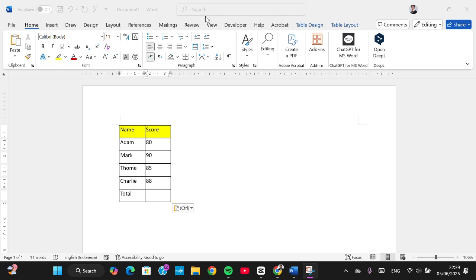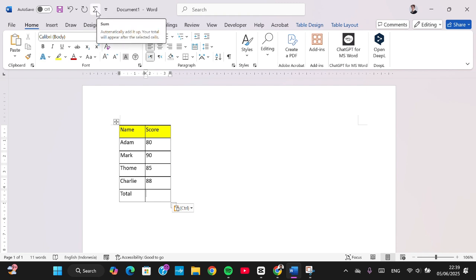Here I have prepared my table in Microsoft Word. And for example, I'm going to calculate the total score. Okay, if you want to calculate automatically, you can activate this sum on your Microsoft Word, and to activate this